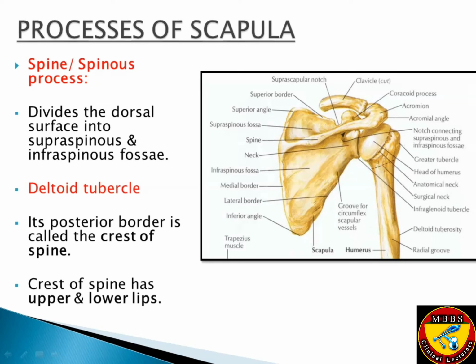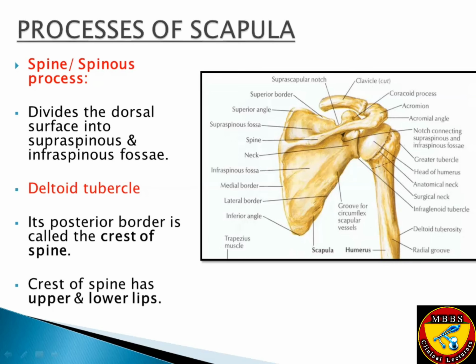Now it is very difficult. I'm sure it's difficult. I know it is difficult to understand bone only on the presentations. I know you need bones in your hand. But still try to understand, try to look at different images from the atlas. It will make it easy to understand the bones. I'm saying that this is a plate of bone having two lips, upper lip and a lower lip, which give